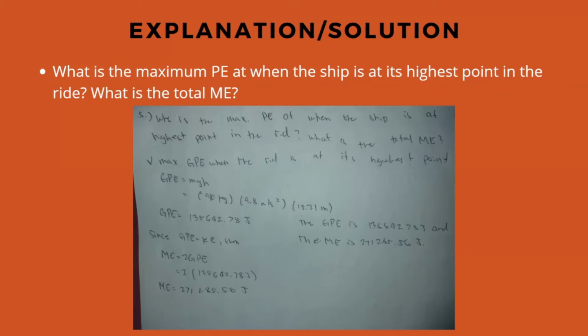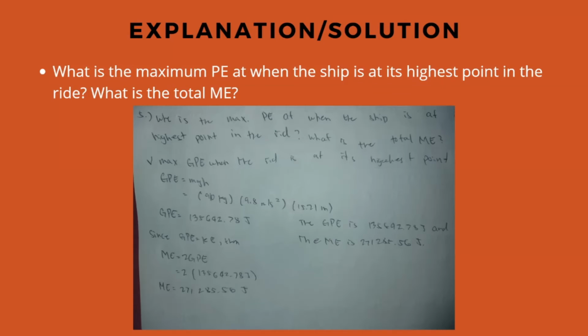And for number 5, what is the maximum PE when the ship is at its highest point in the ride? What is the total ME? Maximum potential energy when the ride is at its highest point. PE is equal to mgh, and 910 kilograms times 9.8 meters per second squared times 15.21 meters, and PE is equal to 135,642.78 joules. Since PE is equal to kinetic energy, then ME is equal to 2 PE, and 2 times